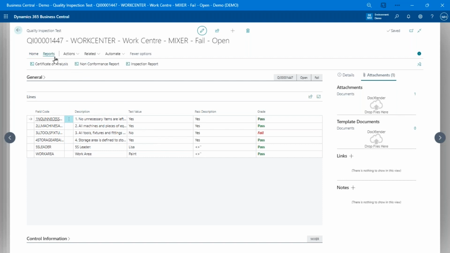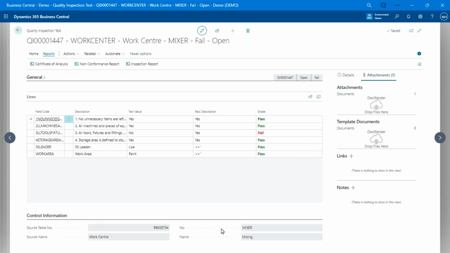I can also come in, we've got some basic reports here, but reporting is very simple in the system. All of this data is in Business Central. It's tied very explicitly to the thing that you're working with. So I can go in and look at all the inspections against this work center, all the inspections against a specific lot number, serial number, everything else, and print that out in one of the standard reports. And these are just Business Central reports. Most people will customize these to look the way they like, or dump it to Excel or create your own custom reports or whatever you want.